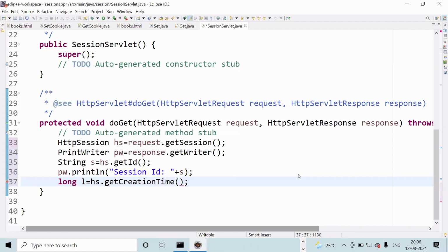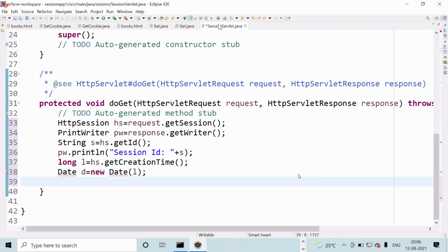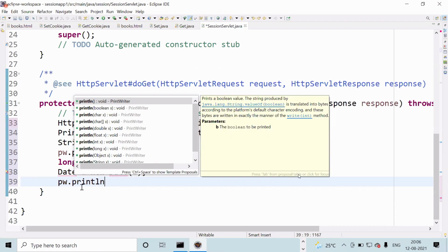That time is returned in long format. That is the reason. Date d equal to new Date. You can pass L, then you'll get a time. Complete date and time, everything comes. If you pass the long parameter, you get date and time. You can print pw.println d.